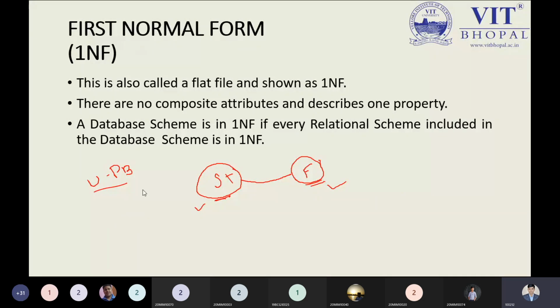So based on its nature or its property, we will identify. And speaking once again, if there are no composite attributes and no multi-valued property, then this will be considered as first normal form. And by default, what is the database schema? What is the default database table we have that could be part of the first normal form? This is the point you have to keep in mind.